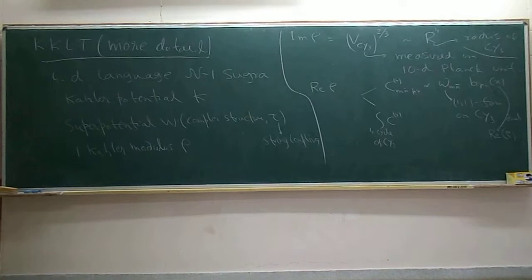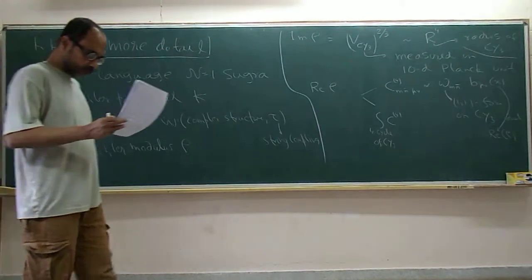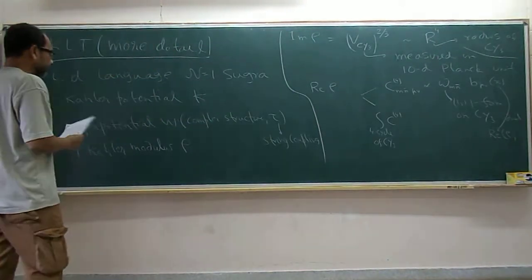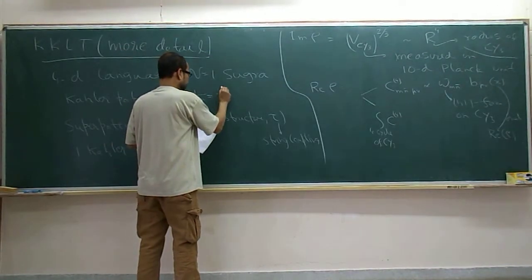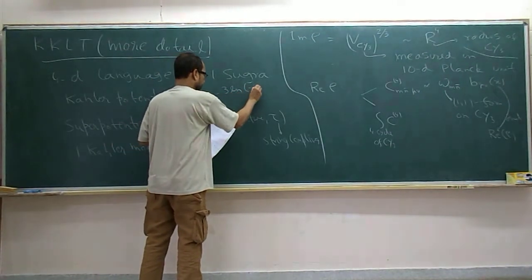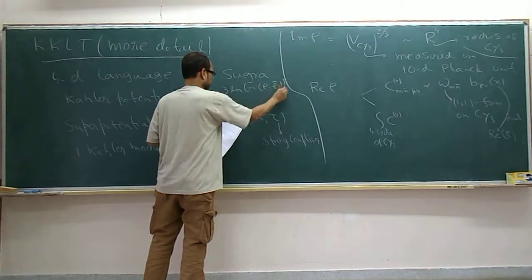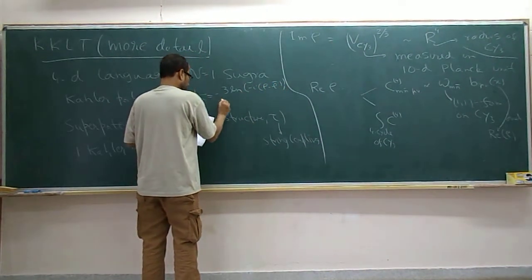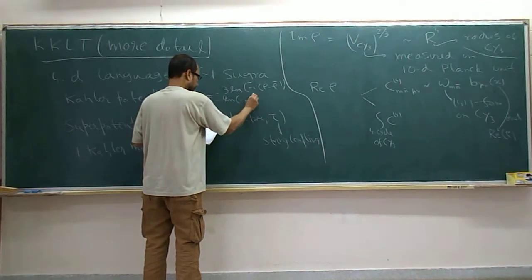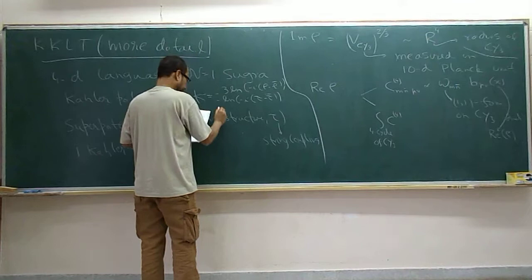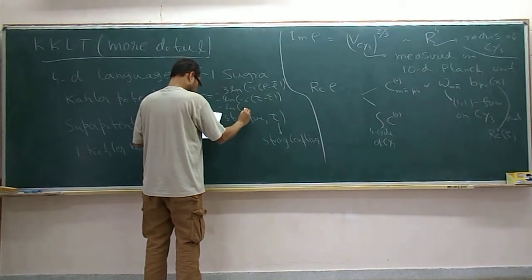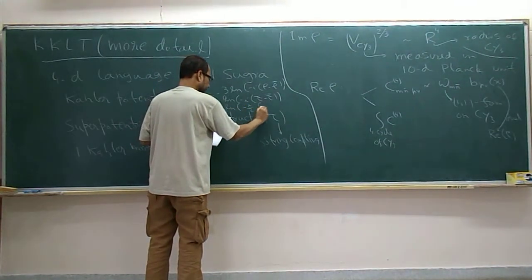Are there any other questions? Okay, so now let me write down the Kähler potential. So this was minus 3 log of minus i times (rho minus rho bar), minus log of minus i times (tau minus tau bar), and minus log of minus i by 2 integral of